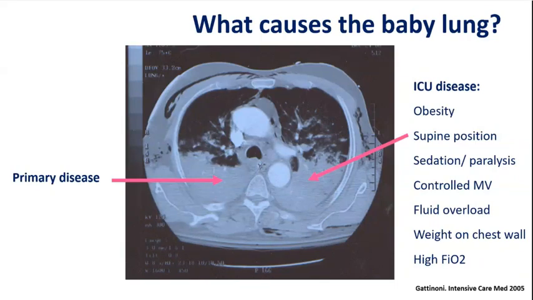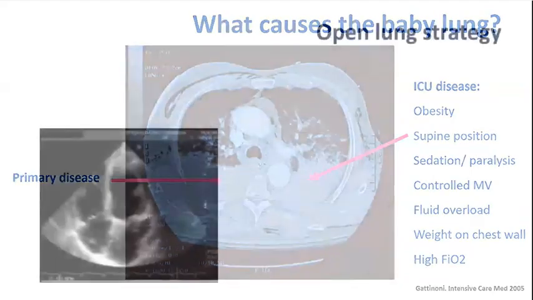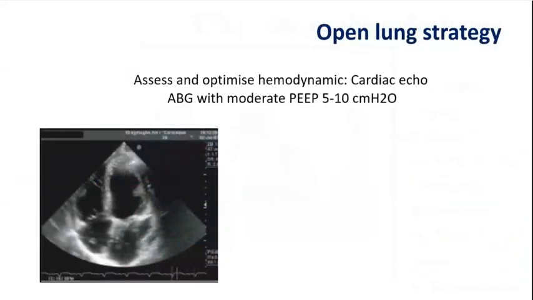And this lung collapse that is added by, let's say, the ICU condition is quite easily reversible if we manage it early. And sometimes we realize that when we can reopen or reverse this collapse, actually the primary disease is not that severe. So I think the first step when we get an RDS patient in the ICU is to